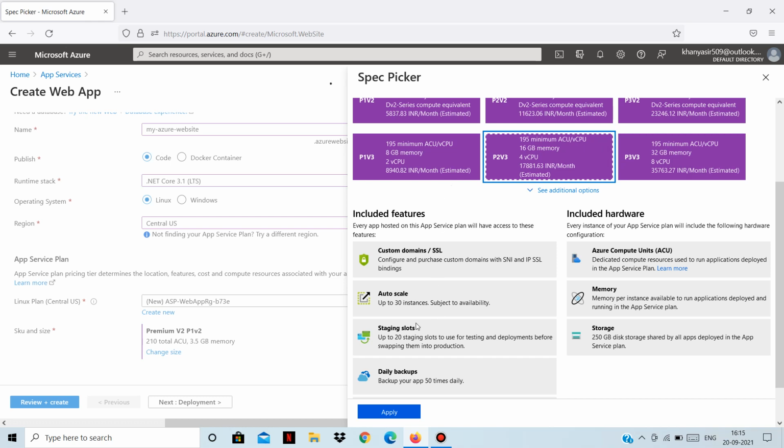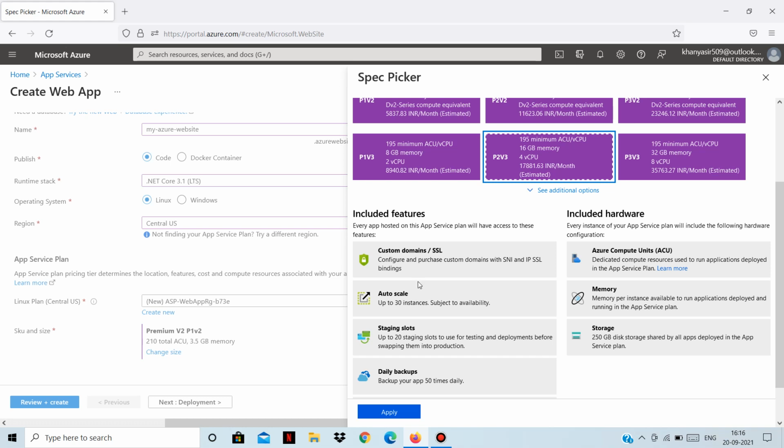Okay, so it gets various features also like staging slots. It is for testing the new version of the application without much downtime. Okay, I will explain this later. It's a little big concept. So just remember that you can alternatively choose to deploy your new version for testing purposes.